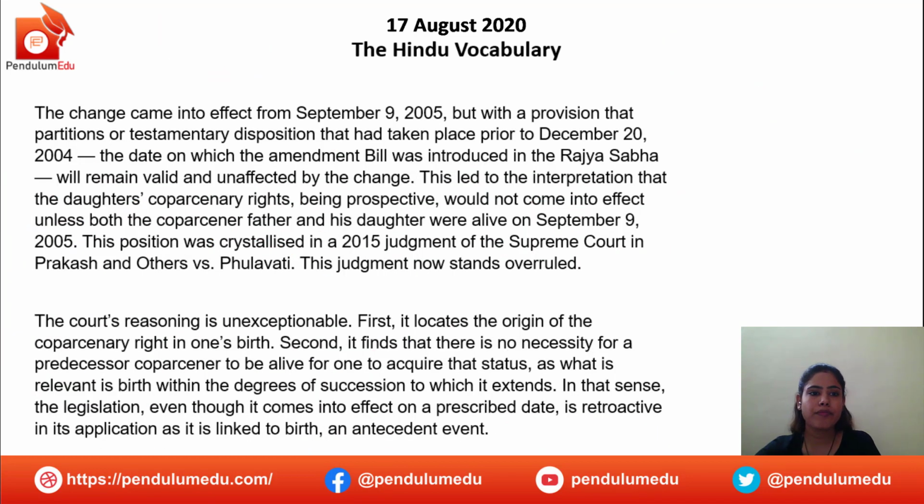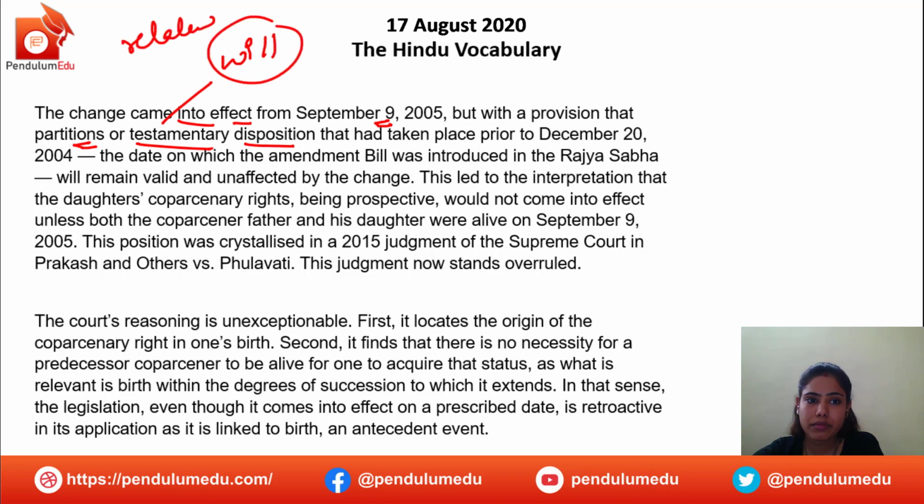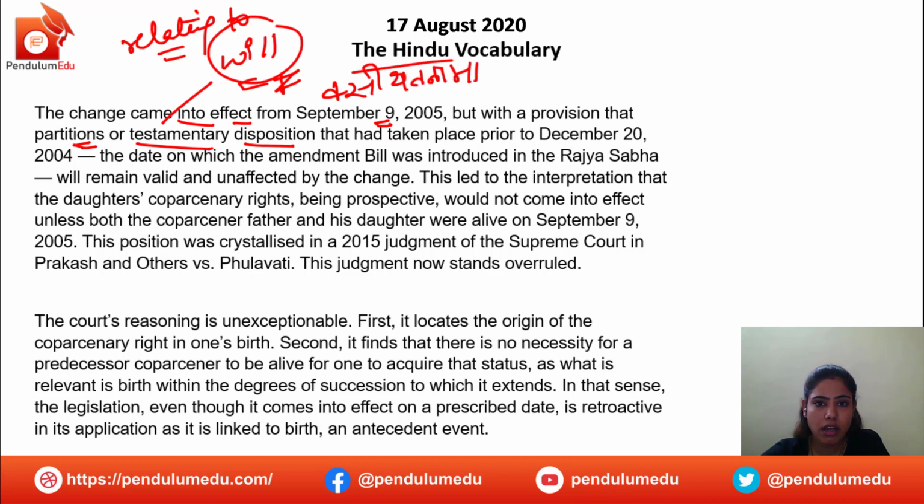So further it says, the change came into effect from September 9, 2005, but with a provision that partitions or testamentary disposition, testamentary that comes or relates to will, relating to will, जो कि कहते ना जो आपकी will से संबंधित है, जो भी वसीयत में लिख दिया गया है, वसीयतनामा, ठीक है, उससे जो संबंधित चीज़ें हैं, टेस्टामेंटरी ये एडजेक्टिव है,